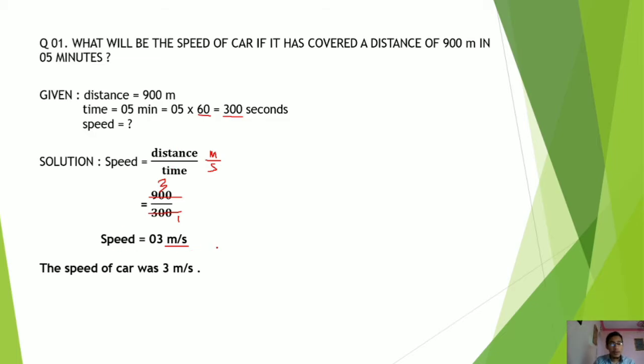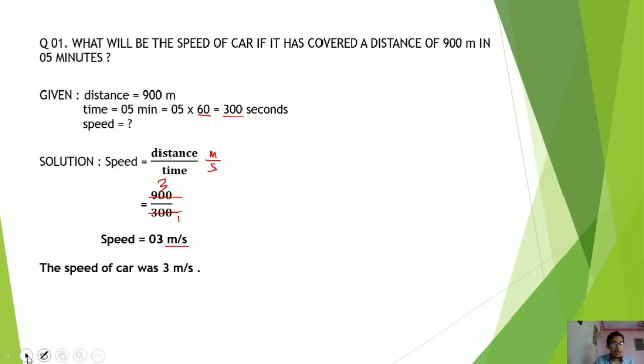Now we have got the speed, that is 3 meter per second. I have seen a lot of times that students do not write the conclusive statement. Whenever you find the speed equal to 3 meter per second, you have got the answer. Always write that answer finally in the form of a sentence: the speed of the car was 3 meter per second. It is necessary, as this particular statement carries half a mark. Now this was all about the first numerical.